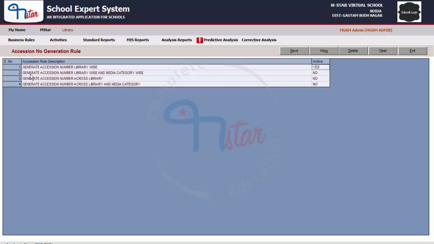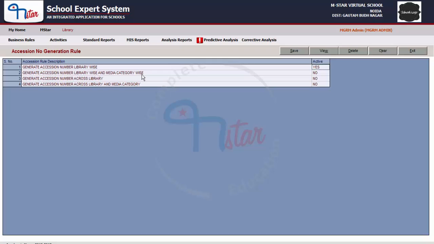The next rule, generate accession number library wise and media category wise. This means that every library will have its independent accession number and each media category within the library will also have an independent accession number series.